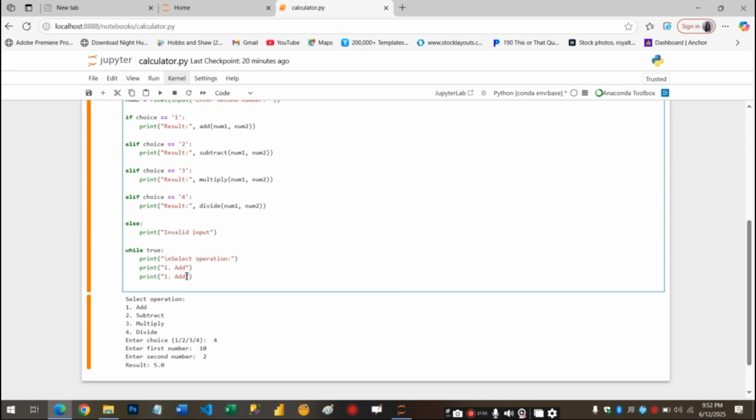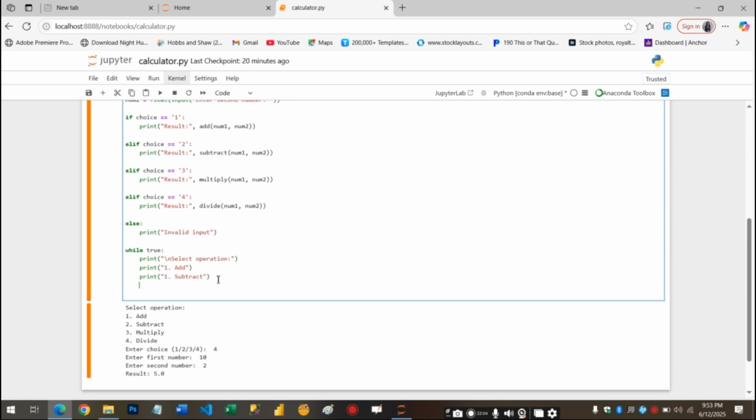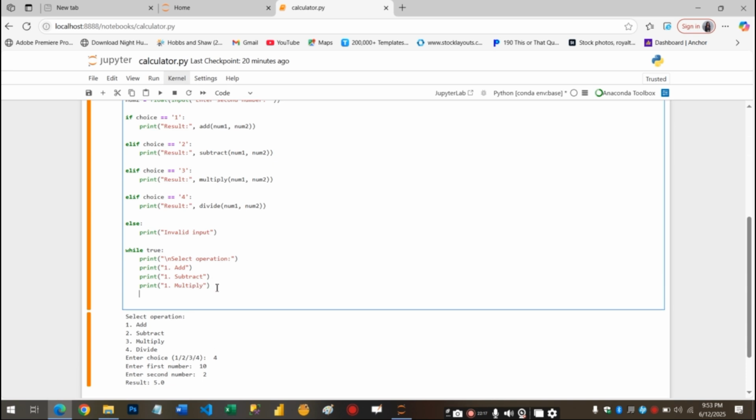Change this to subtract. Okay, I'll change this to multiply. I'll change this to divide. Okay,